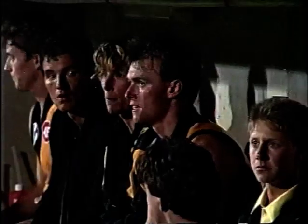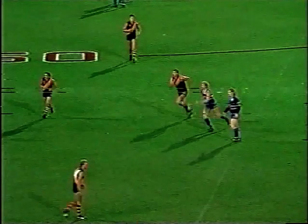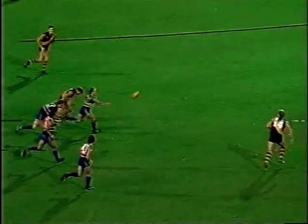Just over 5 minutes remaining in the match. Been a great last quarter. Richmond clawing themselves back within a point. Now Footscray is starting to go away with the game. And they've kept